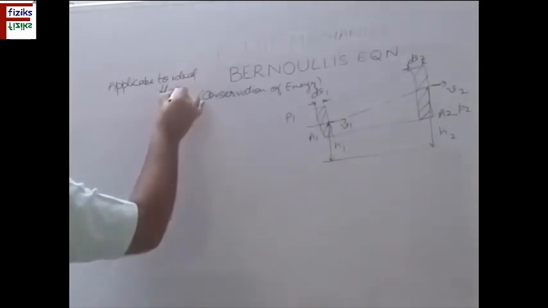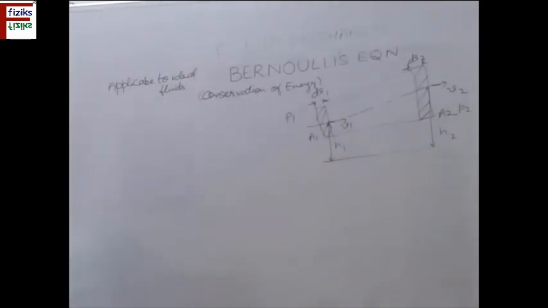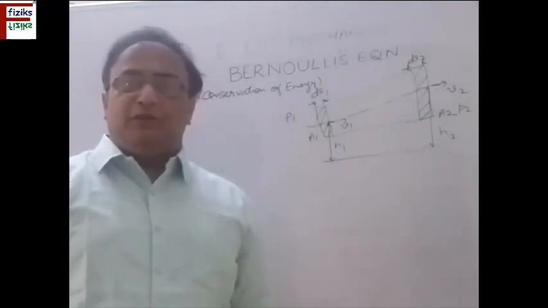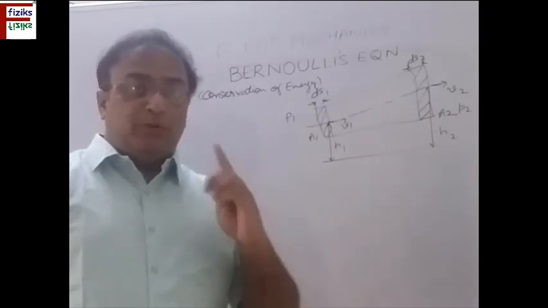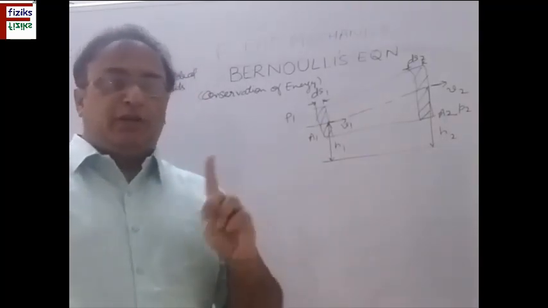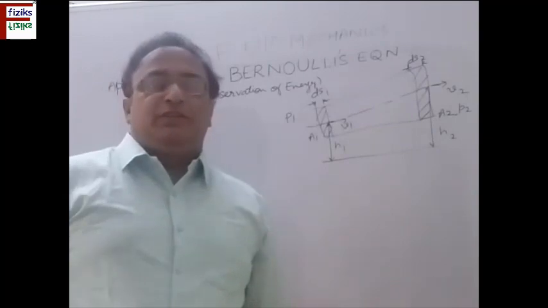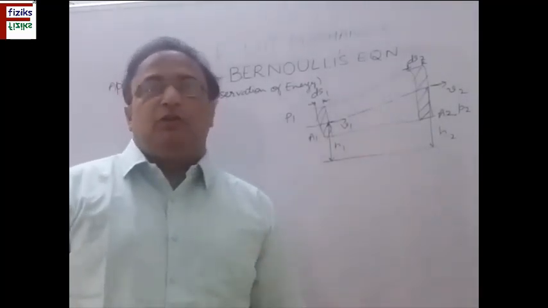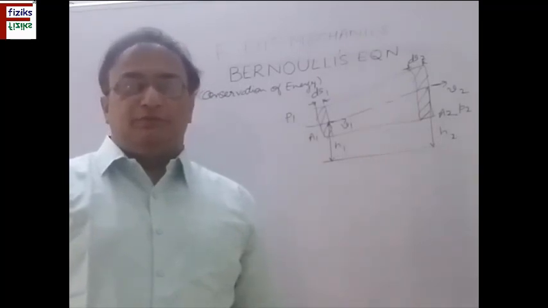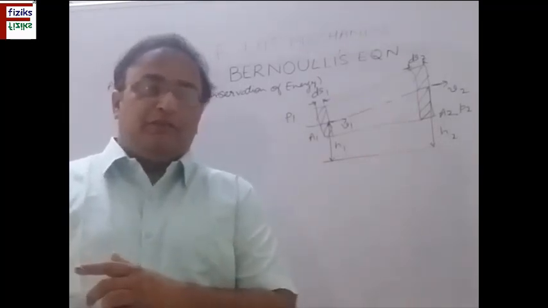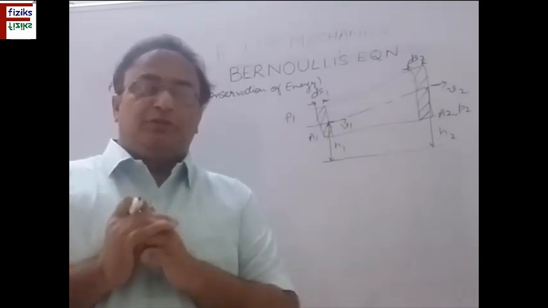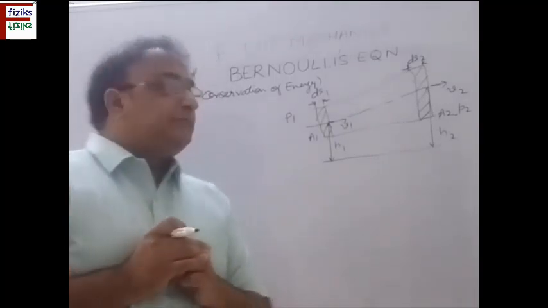An ideal fluid, you know, is one which has zero viscosity, non-viscous, and which is totally incompressible. Density always remains constant. So remember always, this is applicable for ideal fluids. For actual fluids, we apply the equation, but with some modification. That is called Euler's equation. But here we are not considering that. That is beyond the scope of this subject. But you should know this.